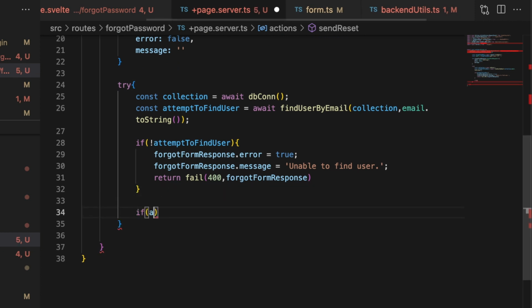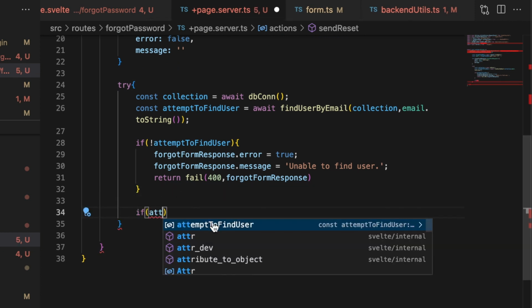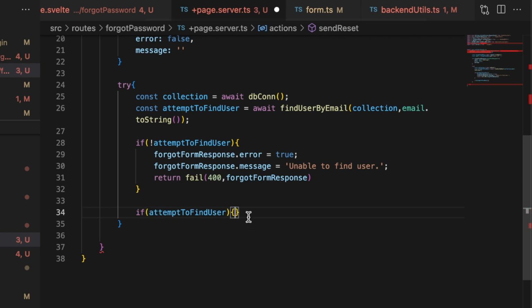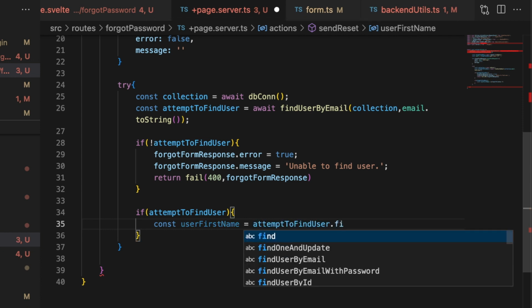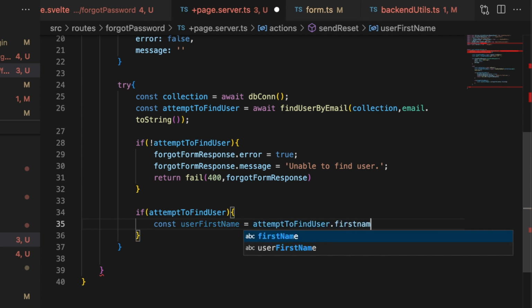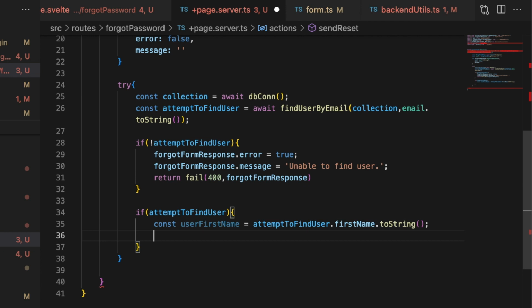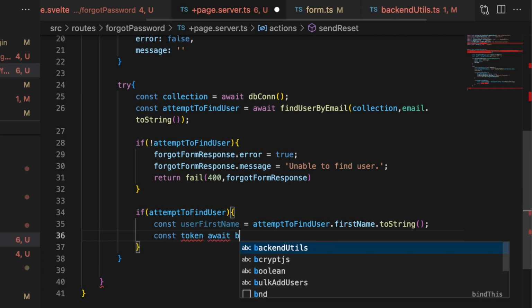So if attempt to find user is good, that means we have our user, and we're going to continue. First, let's take the user first name, and that is the attempt to find user dot first name. And let's put that toString there. And token is going to be await